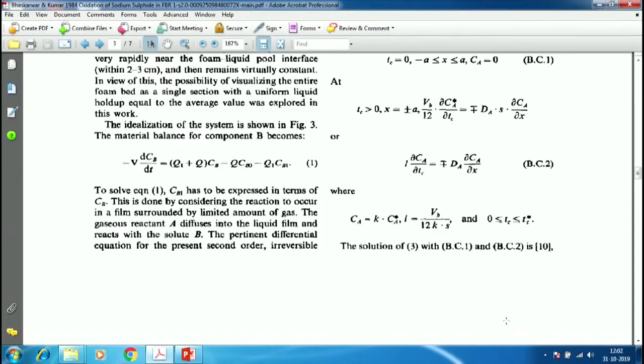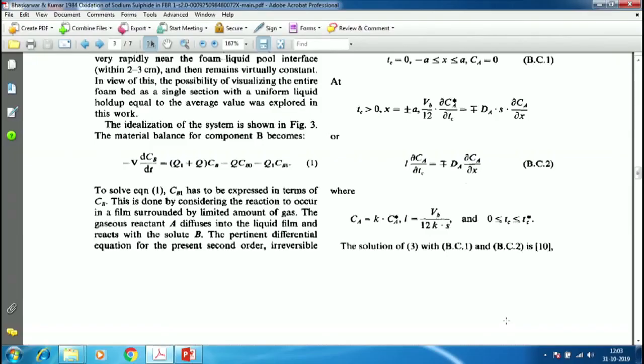Gas phase resistance is neglected because generally it is known, and I think I will demonstrate with some other example, when you have liquid phase in contact with the gas, the resistance offered by liquid is usually much higher than gas. Under only one condition, if the accompanying reaction is extraordinarily fast, very fast, then the gas phase resistance can become significant, but under these conditions here it is negligible.